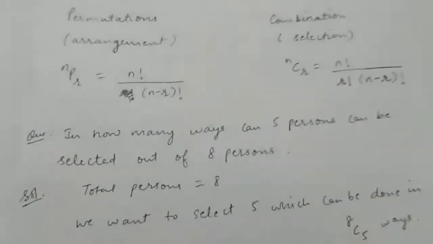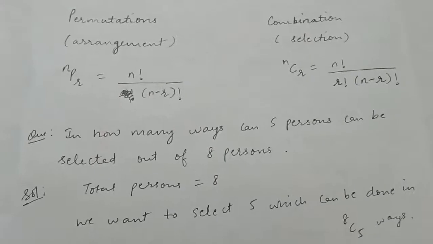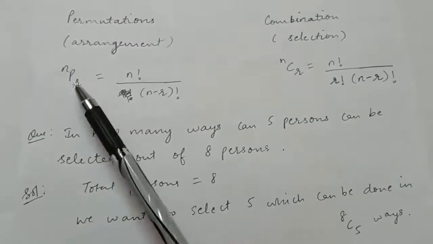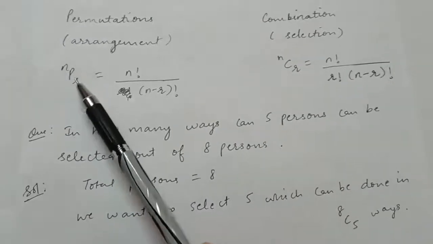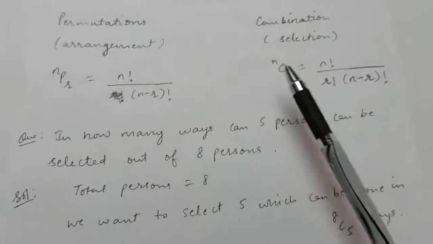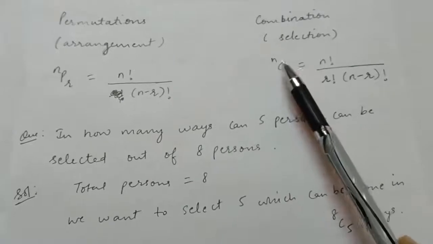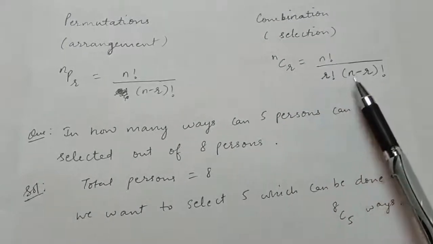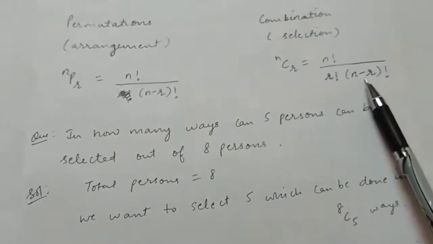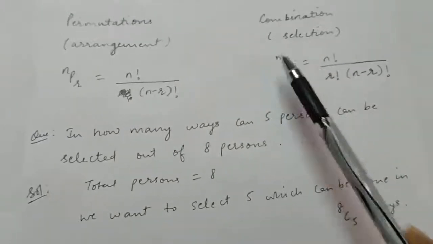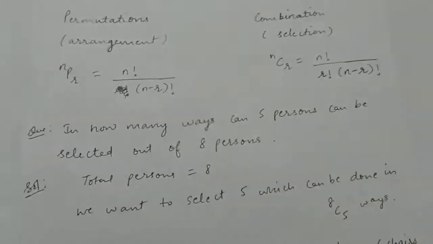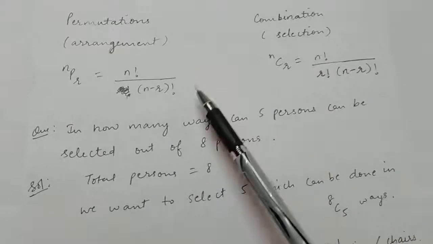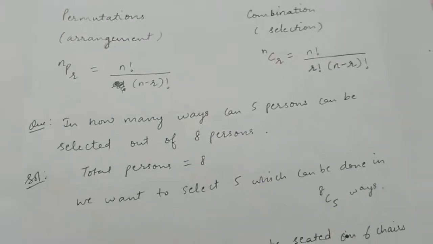Now the formula of permutation you know is n factorial upon n minus r whole factorial, where r goes from 1 to n. Also this nPr means that out of n objects we are arranging r objects at a time. And the formula for the combination is nCr, which is equal to n factorial upon r factorial into n minus r factorial, which says that out of n objects we are selecting r at a time. And in both of these cases, these n objects are distinct, right?